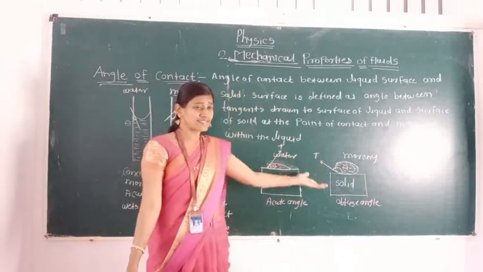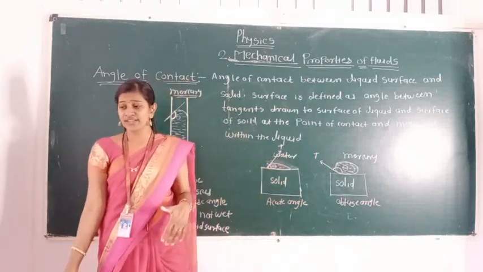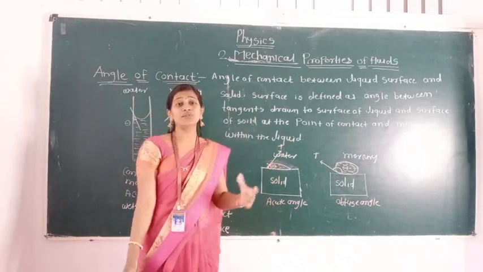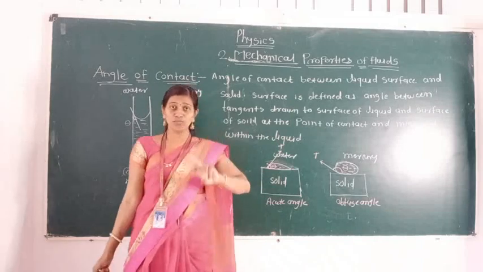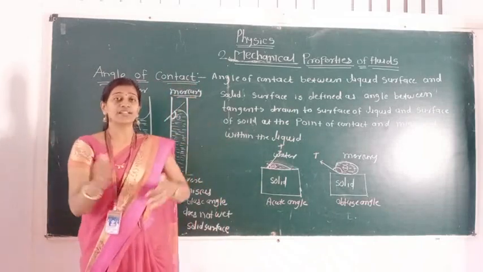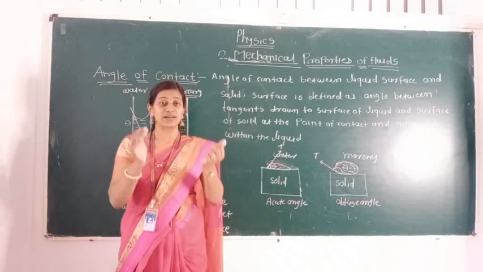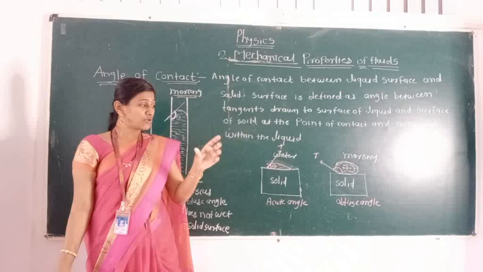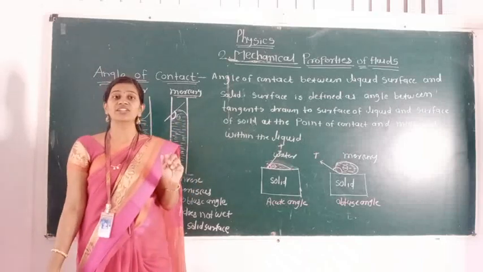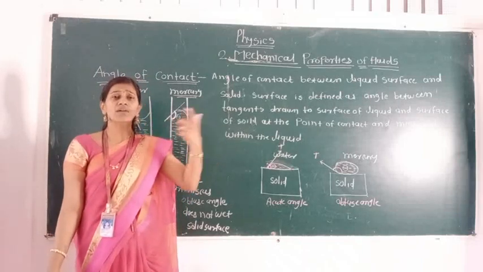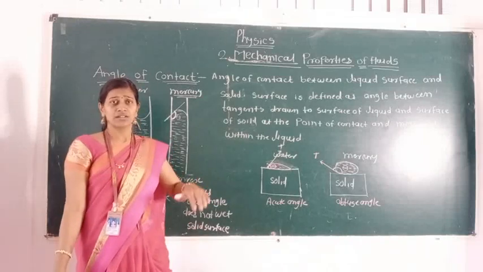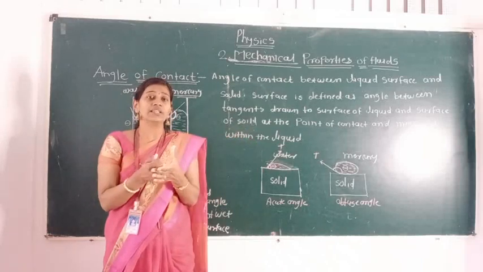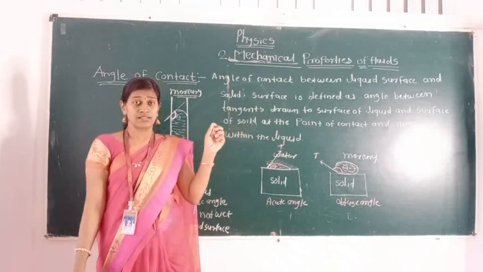We know examples are there, water is there and mercury is there. So in that, here we can see the different shapes of the meniscus. Here we are getting the two meniscus. How did we get the meniscus? Whenever the solid surface and liquid surface come in contact with each other, at that time the liquid surface which is in contact with the solid surface becomes curved. It is going to change. At that time we can say the meniscus is formed. When solid and liquid come in contact with each other, the meniscus is going to form.